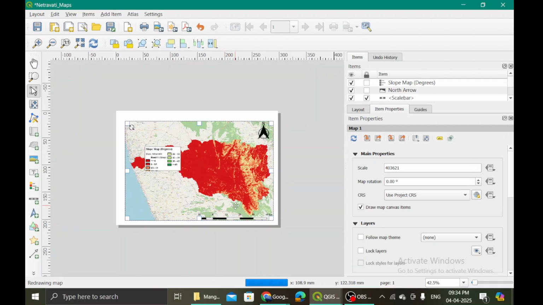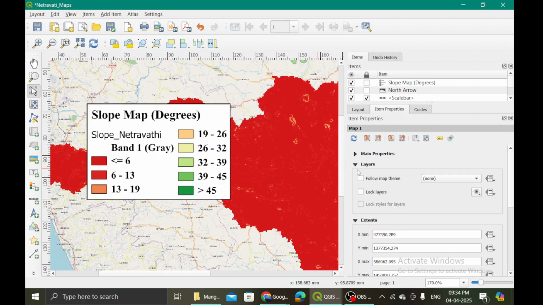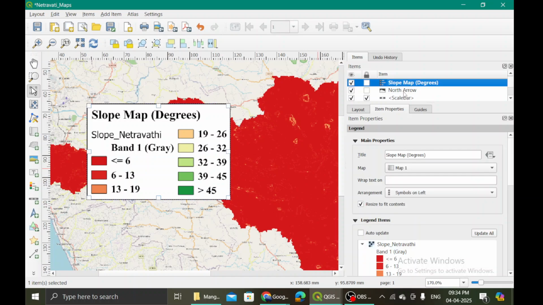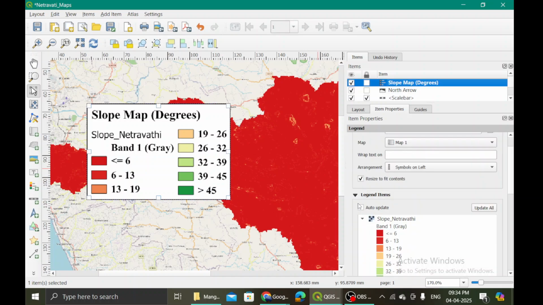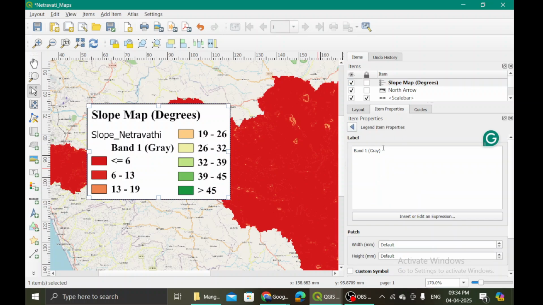Okay. I'm trying to get rid of this, no, slope Netravati and band one, because that is unnecessary information which is there. Okay.